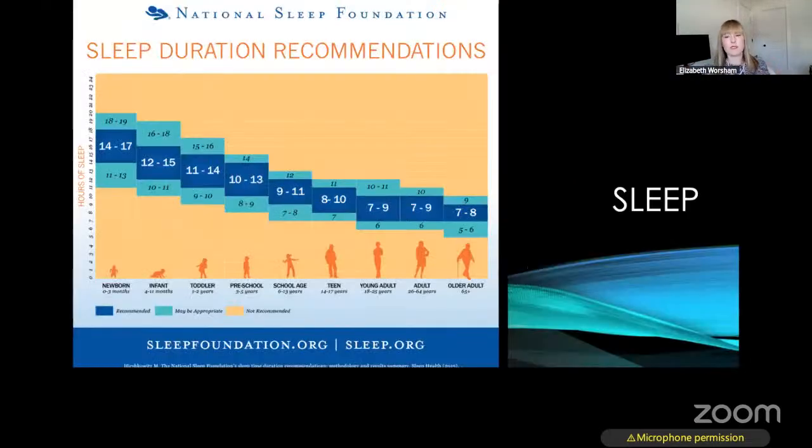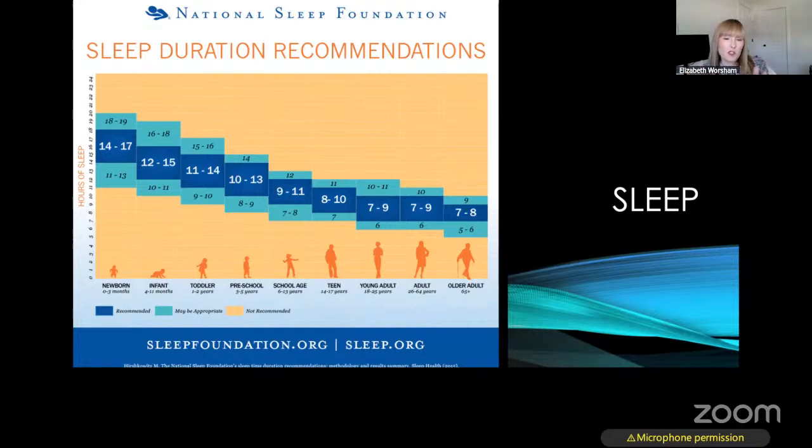Sleep. This is another soapbox. I am very diligent about sleep, both in my own life and my family members and in my patients. I will always ask my patients about sleep. Sleep is how our brain resets. You can't expect your car to keep working if you don't do oil changes or if you leave your car running in your driveway all night. Sleep is our rest. It's how our brain resets for the next day.